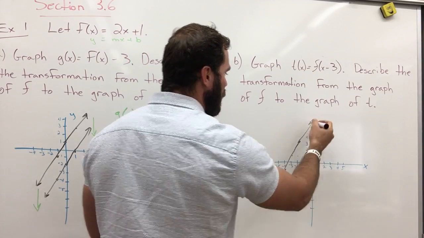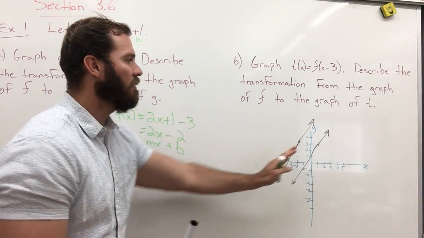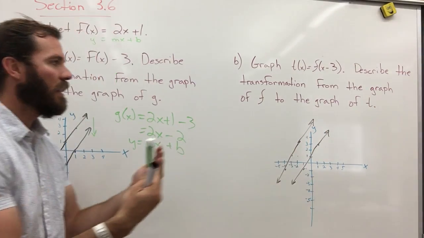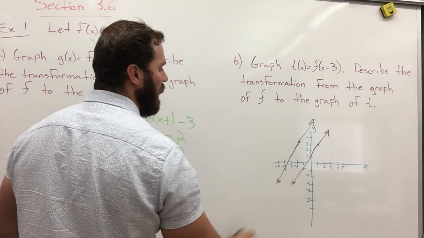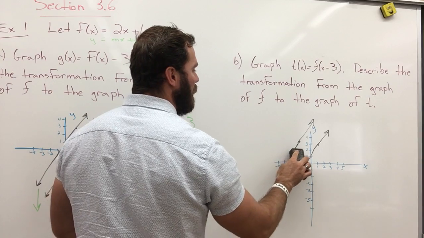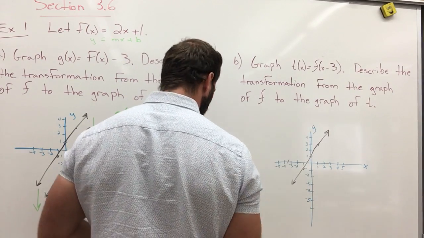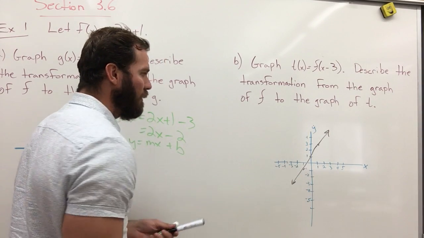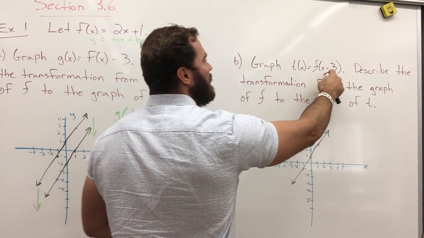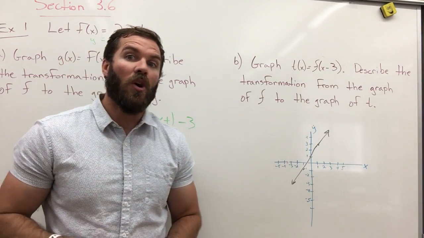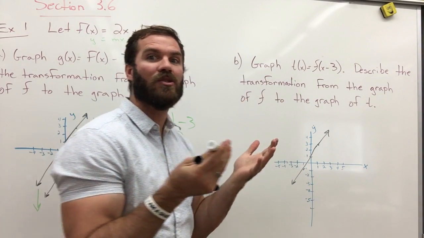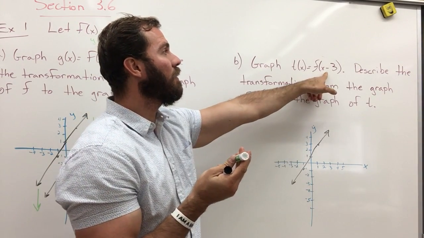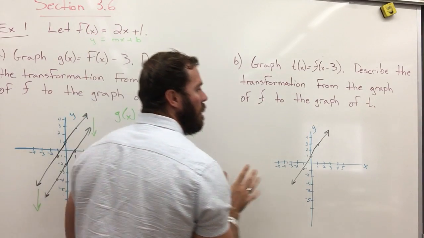Now it's parallel. There's my new graph. I just moved all of my points 3 units in the negative direction, except I did that wrong. It is not going in the negative direction. Now remember this forever because I messed it up. I'm going to learn from my mistakes. When it's inside the parentheses, we're going to do the opposite direction. I know that sounds so weird, but because that's a negative 3, we're going to go in the positive direction